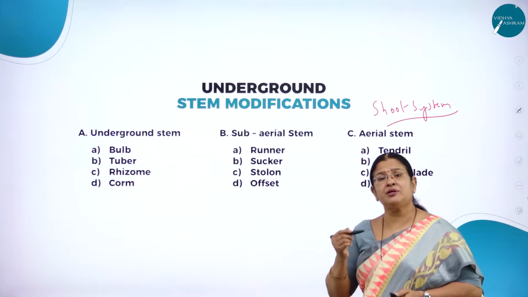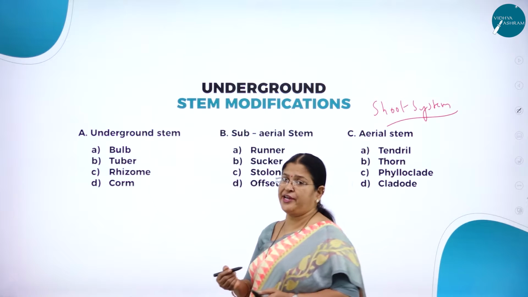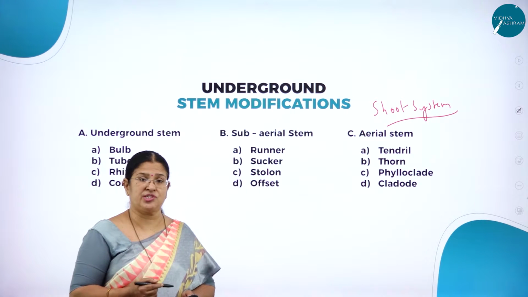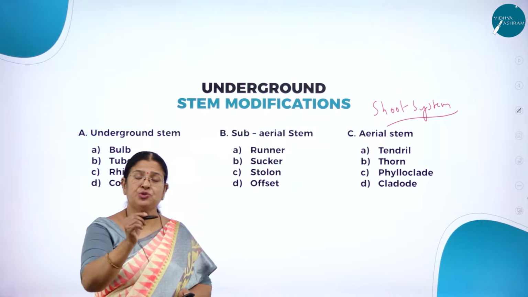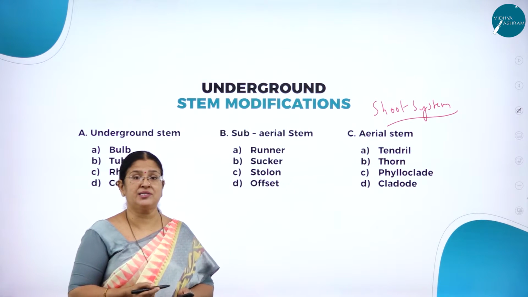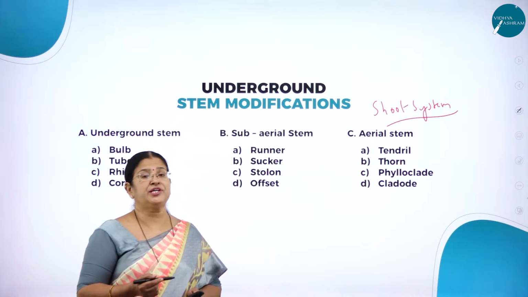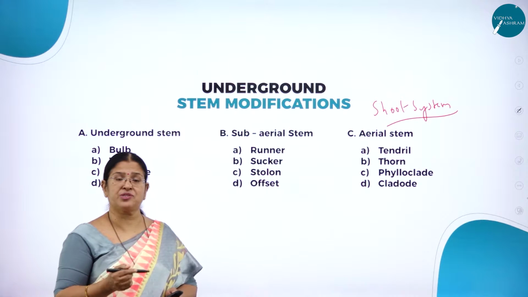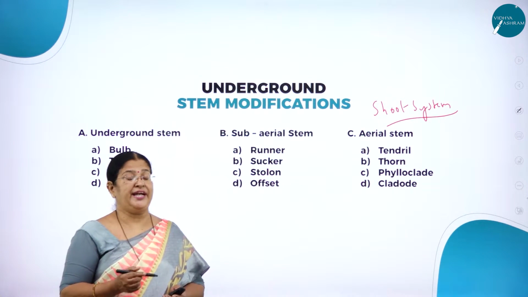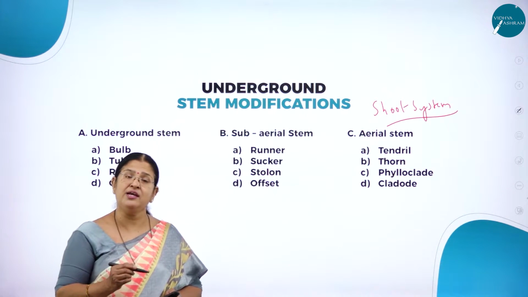As we know, what is the normal or the original function of a stem? As we already know, the shoot system is more complicated than the root system. Why do we say that? Because it has many parts like the leaves, the branches, the flowers, the fruits, right? So it is more complicated. So the stem bears what? The fruits, the leaves, the branches, etc. Sometimes it also carries on the process of photosynthesis when it is green in color.